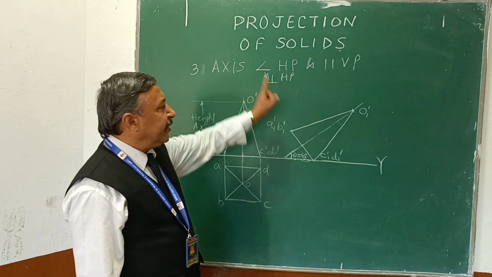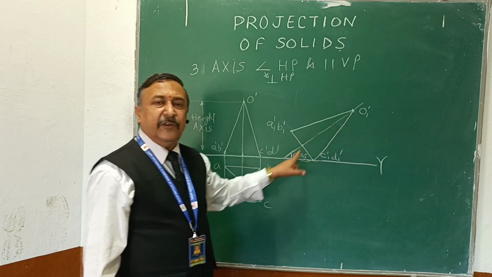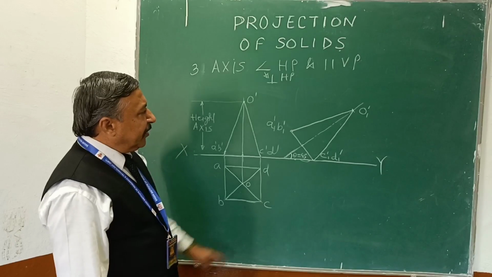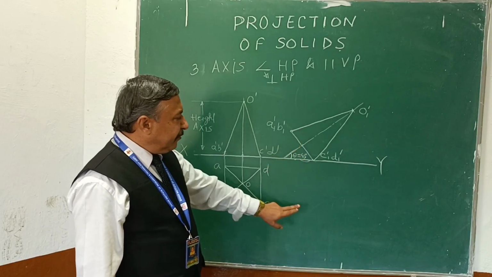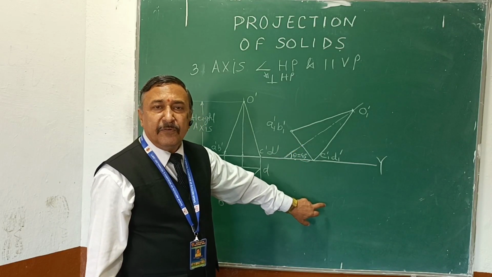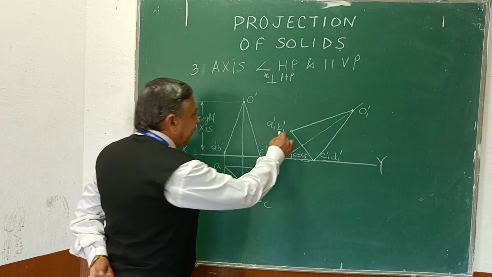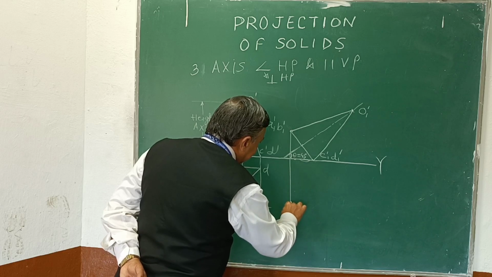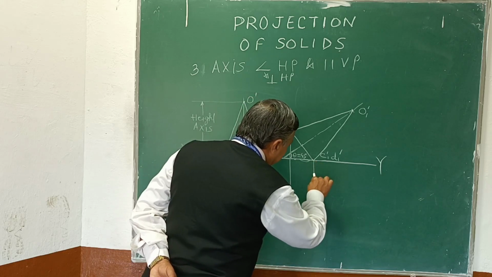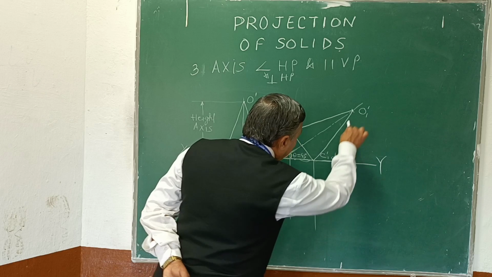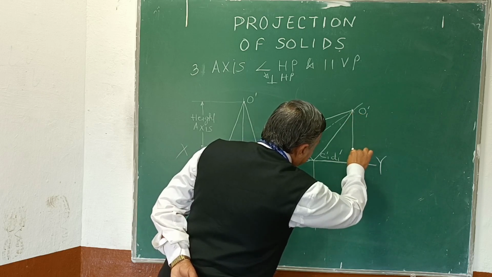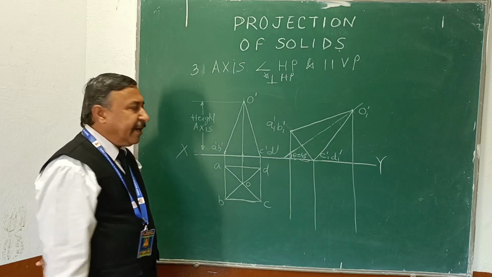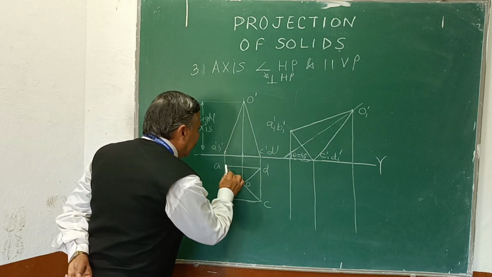Axis is inclined to HP. Now see here, axis is inclined to HP. Now on the basis of this, we have to draw here, that is top view. Now project all points below XY. Project all points below XY and draw the locus from